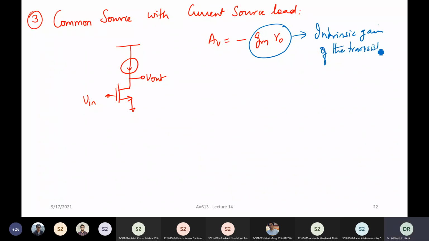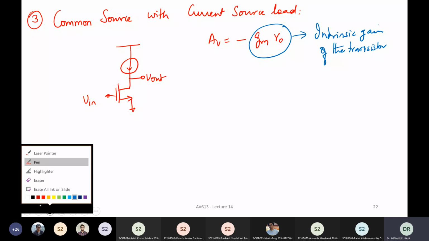Because the moment you put anything else, it is going to be this R naught in parallel with something else. And as we all know, the moment you put some resistor in parallel with another resistor, the effective value is going to go down. So the intrinsic gain of a transistor is defined as gm R naught, and that is the highest gain that you can get out of a transistor. Which depends on gm and R naught and so on. But for a given bias condition, this is the intrinsic gain and this is the max gain, which is theoretically possible but practically not achievable. Right. Now, how can we implement this current source?